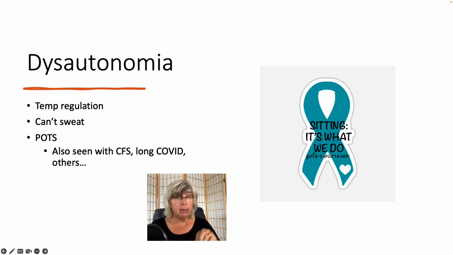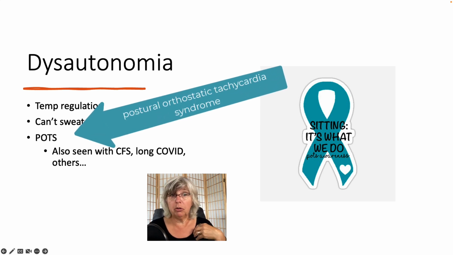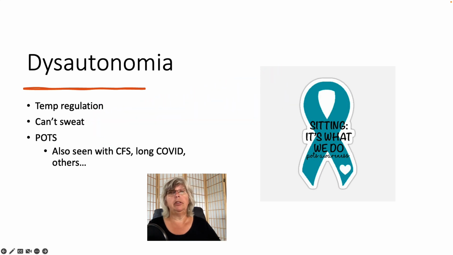And a lot of people with fibromyalgia also have this condition called POTS, which stands for postural orthostatic tachycardia syndrome. That's a situation where if someone is laying down or sitting and they rise, their blood pressure to the head drops very quickly, but the heart rate goes way, way up. And it's uncomfortable, and it can cause dizziness and fainting and all kinds of other really unpleasant problems.